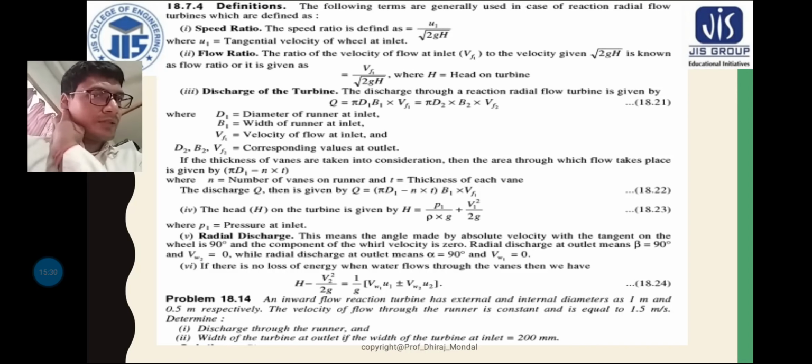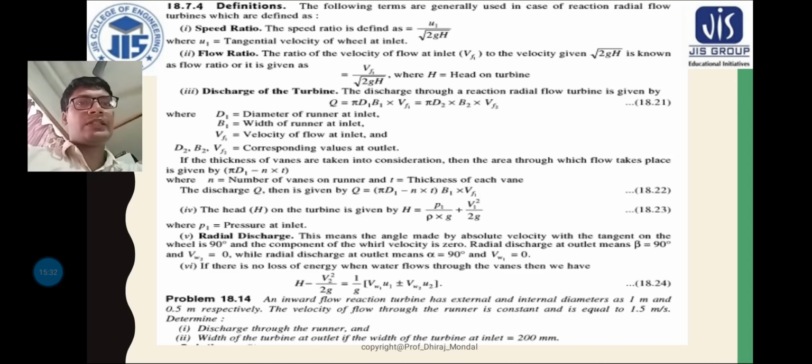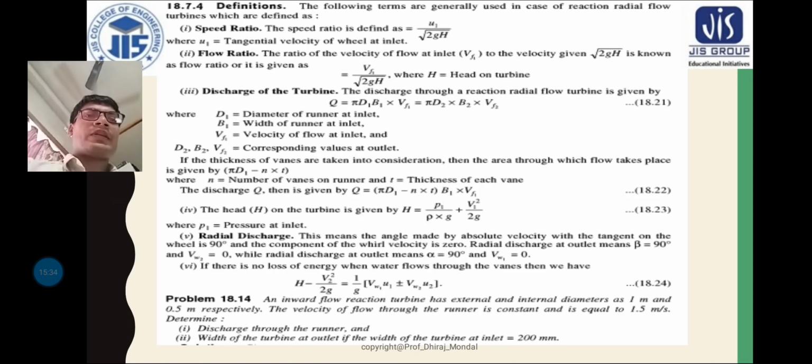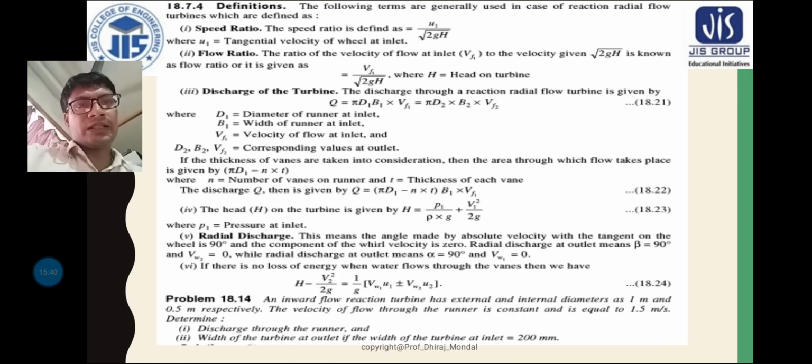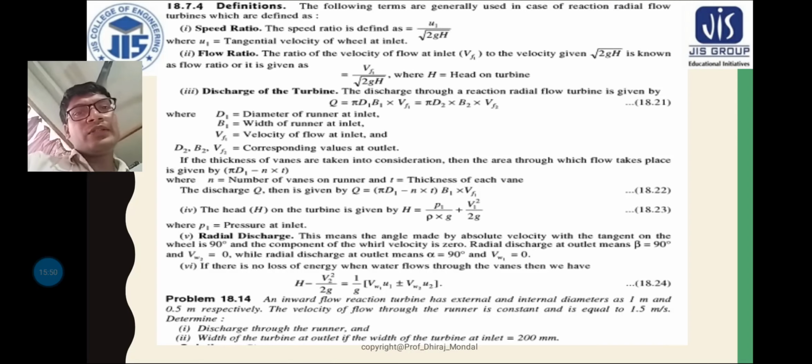So pi d1 b1 is the area into velocity Vf1, which is also equal to pi d2 b2 into Vf2, where d1 is the diameter of the runner at inlet, b1 is the width of the runner at inlet, and Vf1 is the velocity of flow at inlet. Clear? So d2 b2 Vf2 are the corresponding values